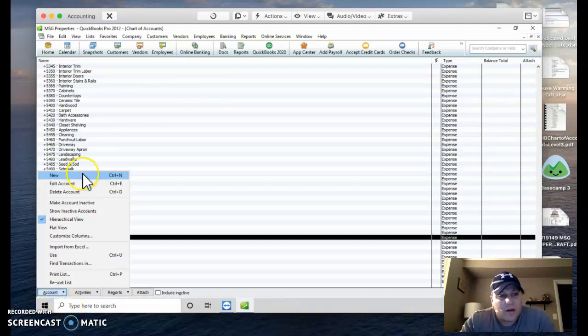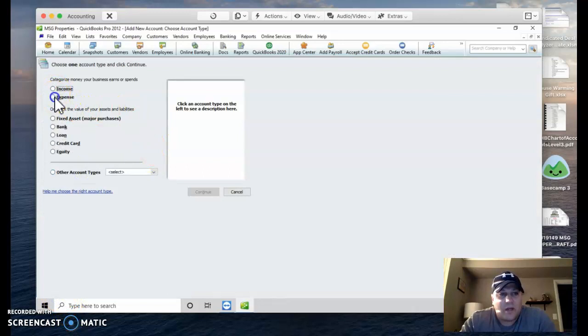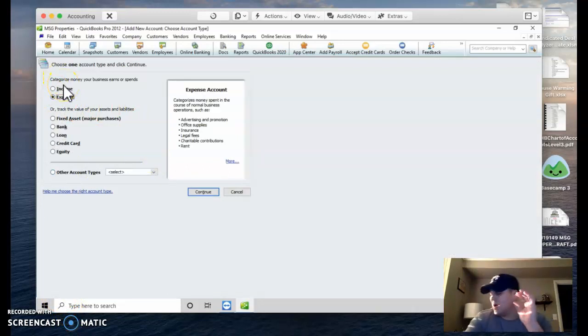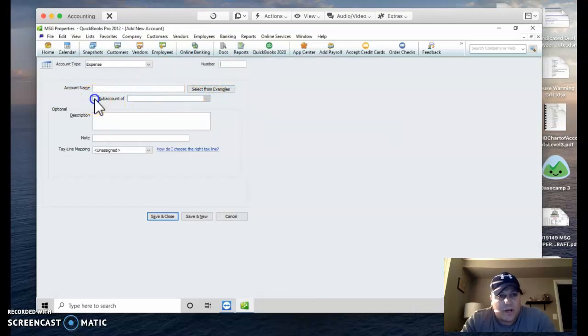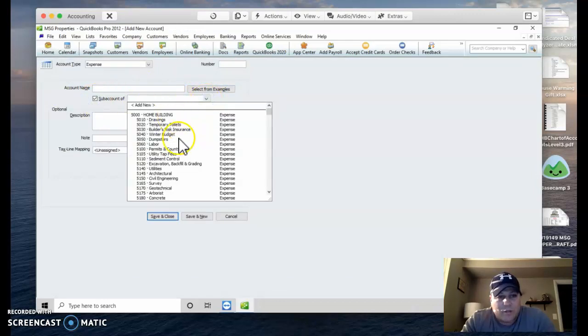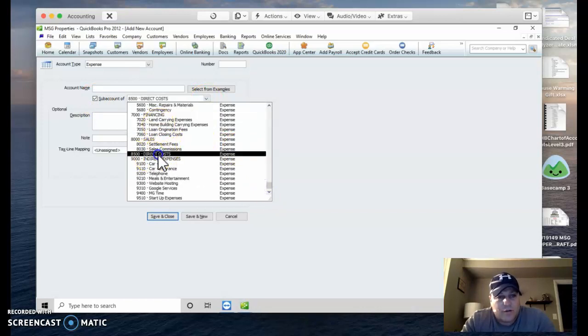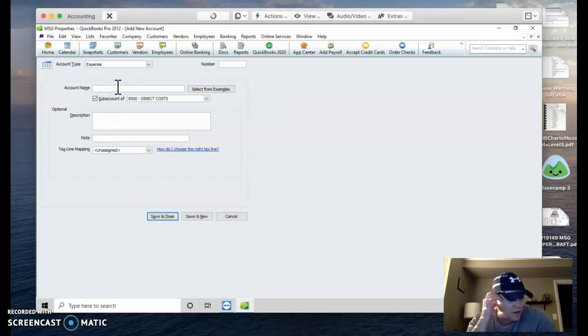You're going to go back down to account, hit new account, and it could be anything that you'd like. Now remember, once you have the main account, the 1, 2, 3, 4,000 series, the sub accounts below that have to be the exact same type. So for example, I couldn't choose income and then create it under the 800 series. So I'm going to hit sub account of, and it has to be one of the expense accounts, which we're going to see the 8,500 series right here, direct costs,